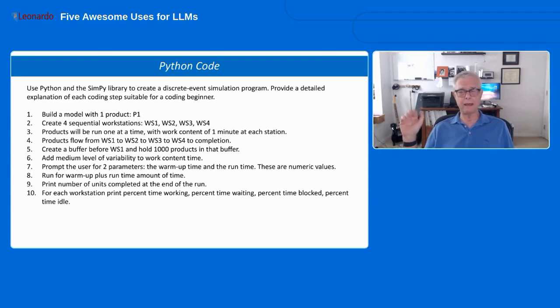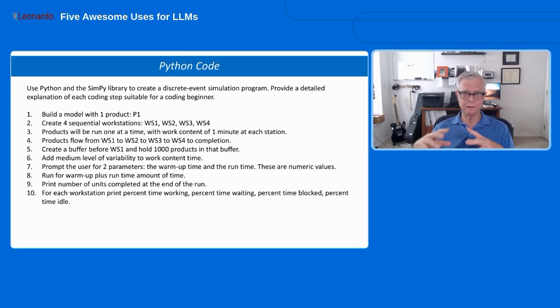In fact, there are LLM models that are specifically designed to write code, but ChatGPT does a pretty good job. So in these instructions, I said use Python and use this simulation library called SymPy. I wasn't sure if ChatGPT knew about SymPy, like an add-on library with all the simulation modeling macros and code.